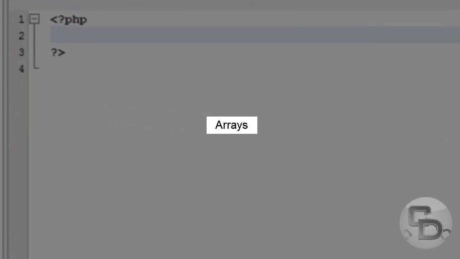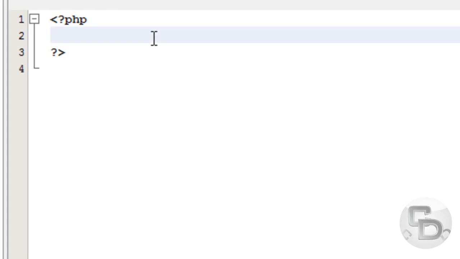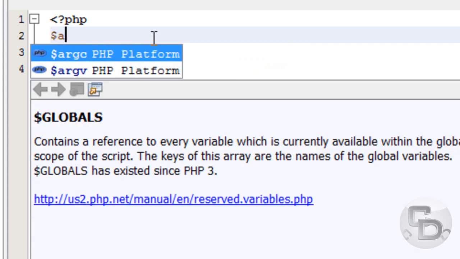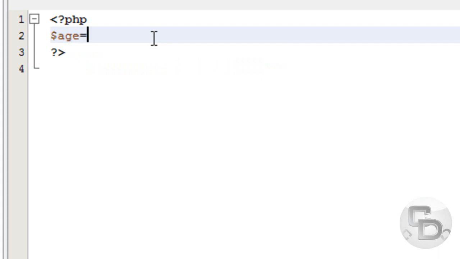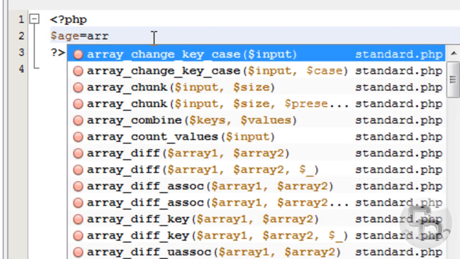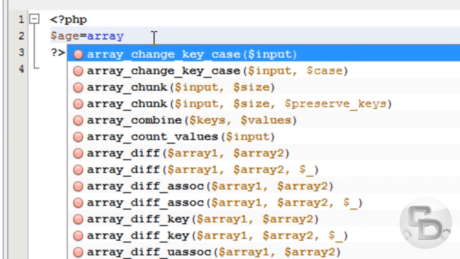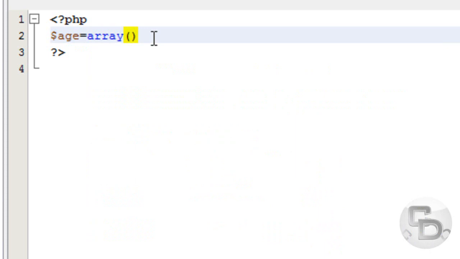Okay, now one important thing in programming, in any programming language, is an array. Arrays store more than one value, so it's just like a variable with a bunch of values. To create an array, we just give the array a name. I'm going to give it age, and I just noticed I use age a lot in arrays, I mean, as a variable. And then type in array, and then put this